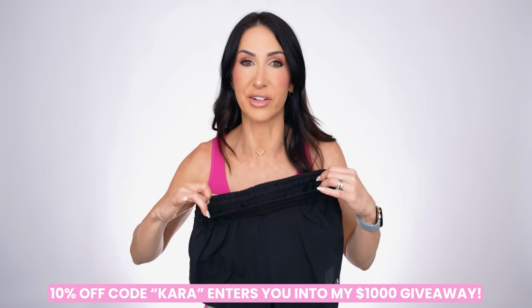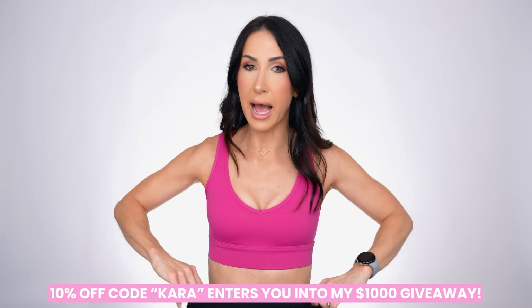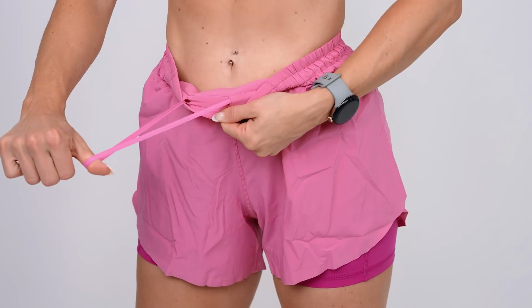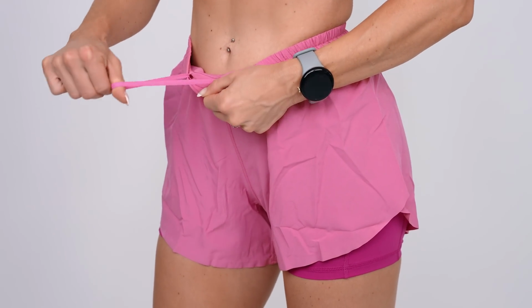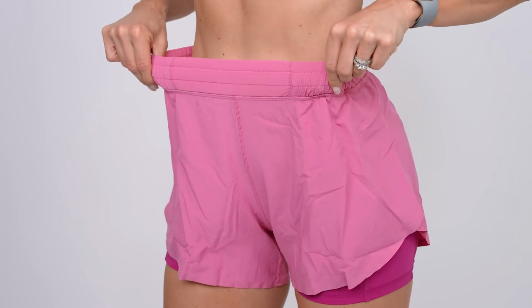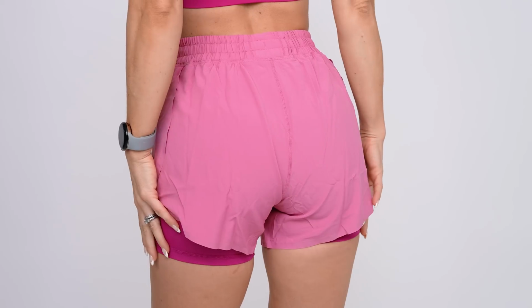I wouldn't size differently on these. I'm an extra small in these shorts. The waist has some extra room in it for me personally on my waist size. But the nice thing about that is it's an elastic waistband and you do have the draw cord on the inside. So if I had really needed to, I could have pulled this up, tightened it, and locked it in place. I wore a run belt over this, so that kept them in place and they would have stayed in